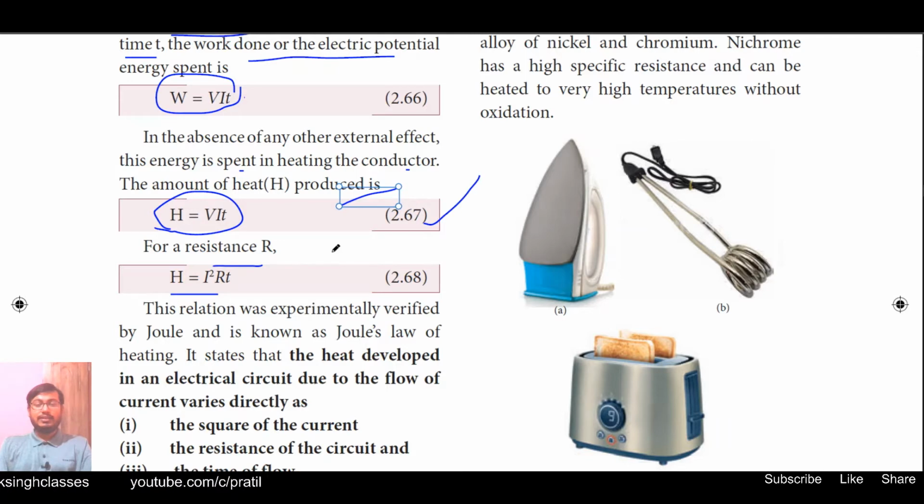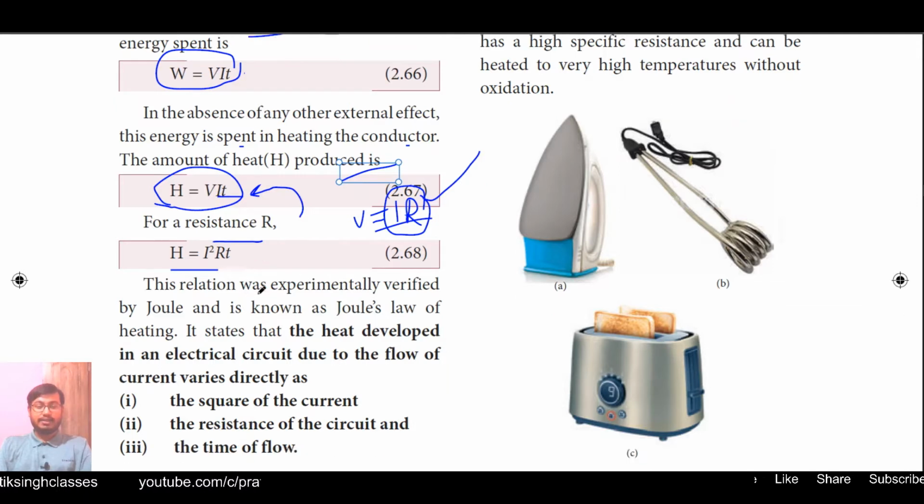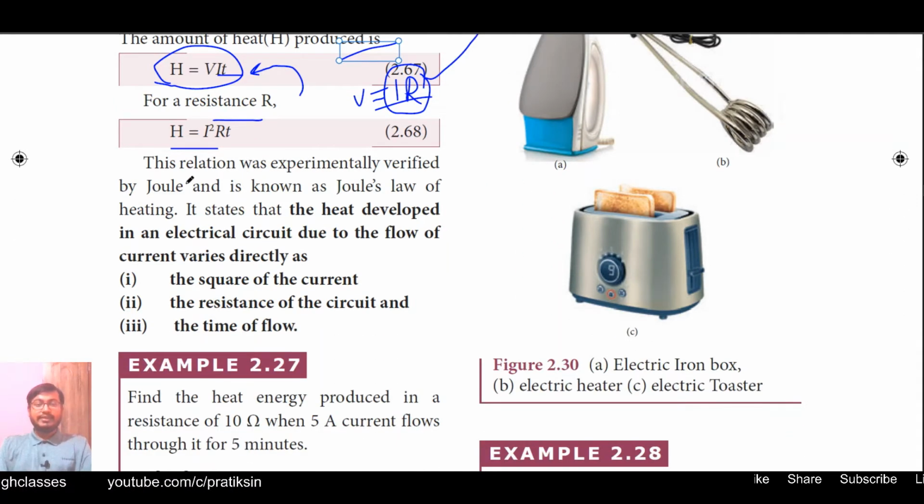We know V is equal to IR, we know very well. Just substitute this IR at the place of V in equation 2.67. We will get H is equal to IR into IT, that is I square RT. Okay, this relation was experimentally verified by Joule and is known as Joule's law of heating effect on his